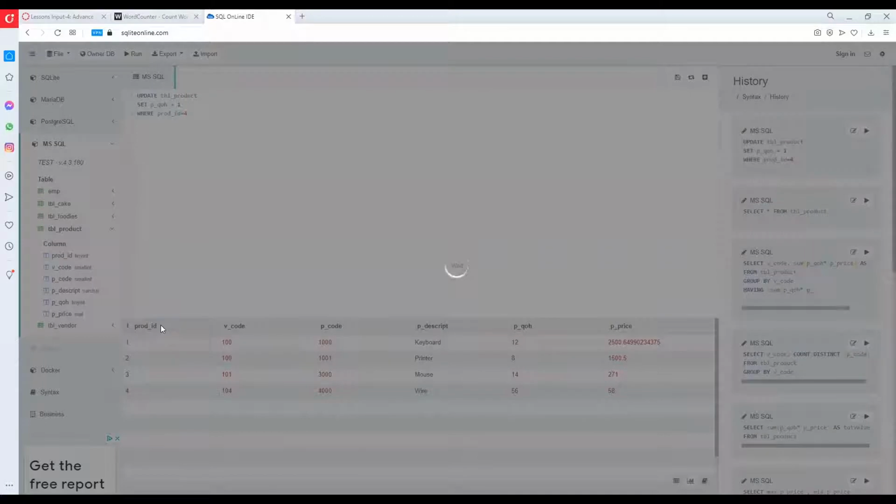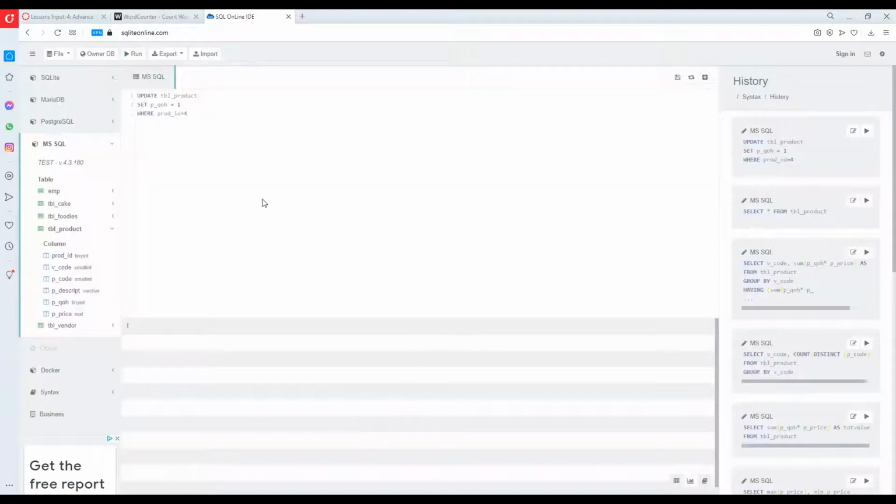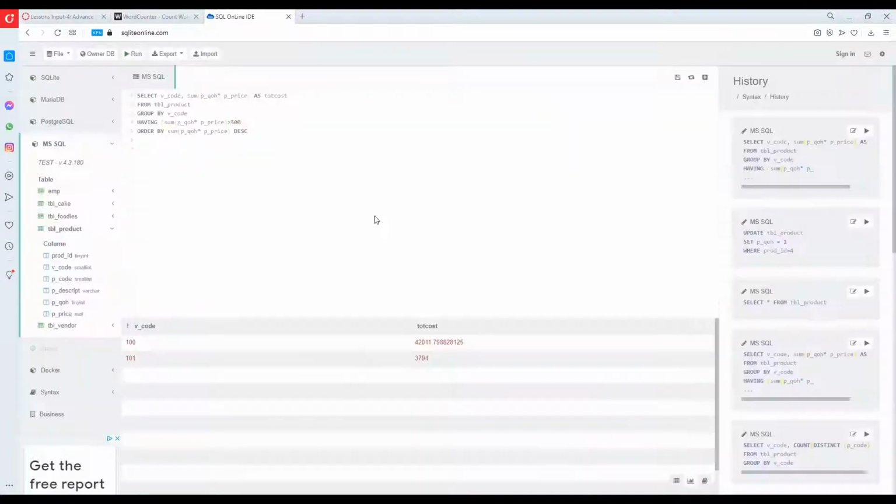So we will change rod ID 4, have a quantity 1, and then let us execute our having clause and see if it will be returned. So notice, because the sum of quantity times price is less than 500, it was not